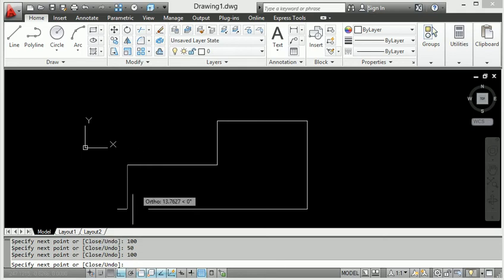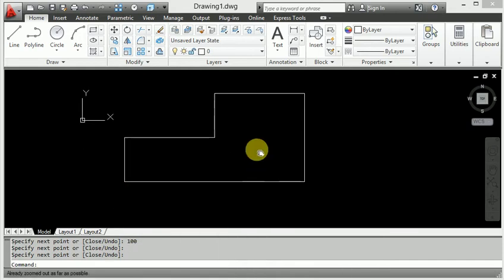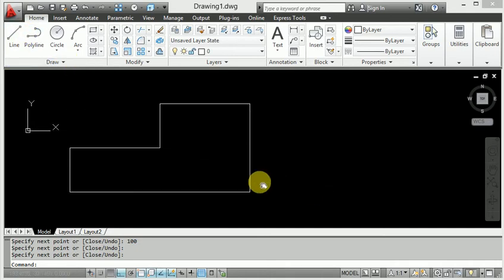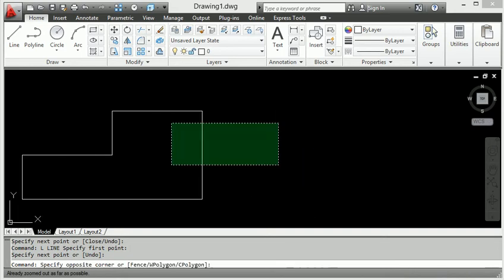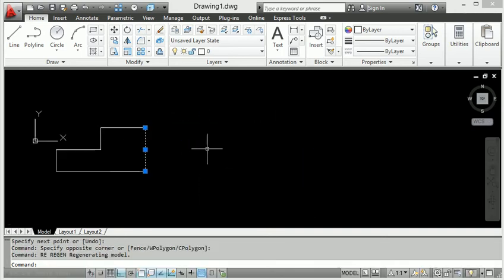Put down 100, then come in the downward direction. So see, it is very easy to use the shortcut key without selecting from the home page. Just press L, enter, and start the line anywhere. So this is one command, how to use the line command basically.